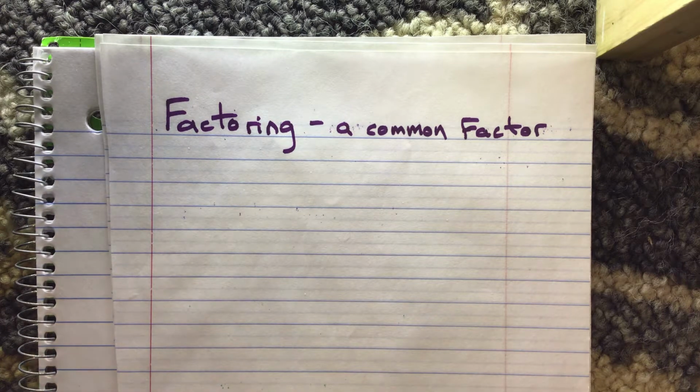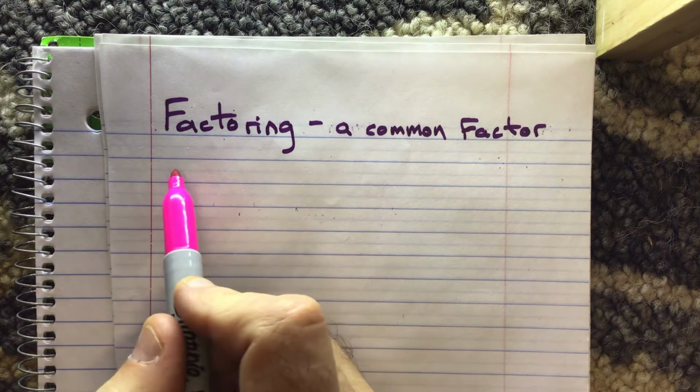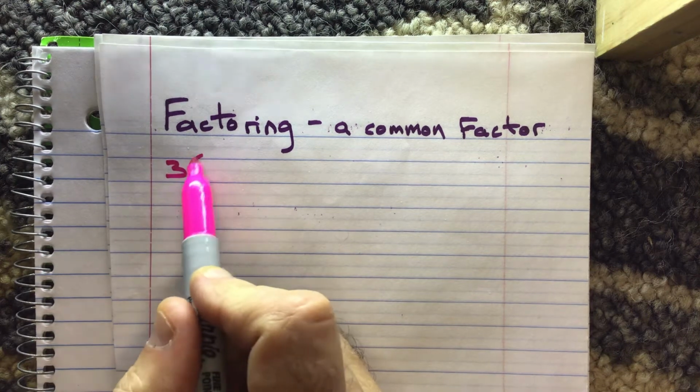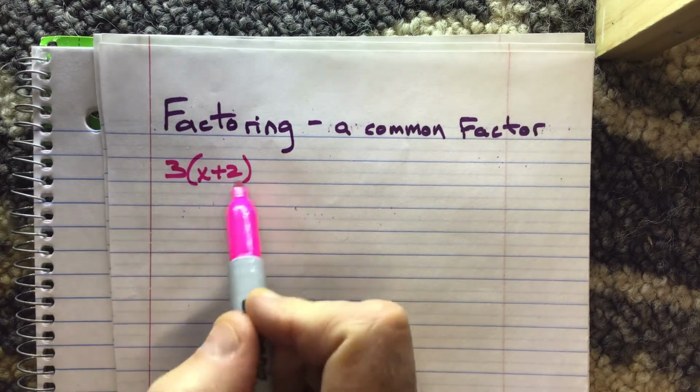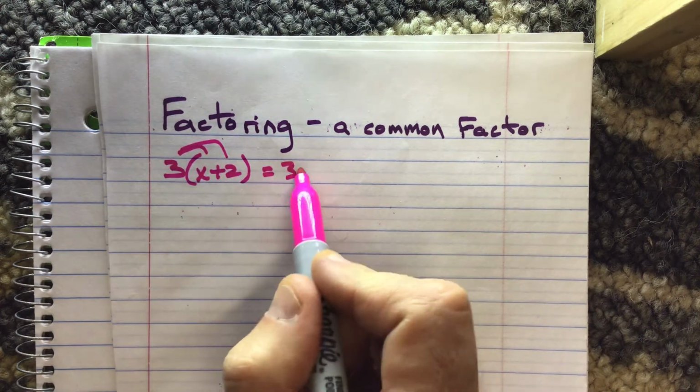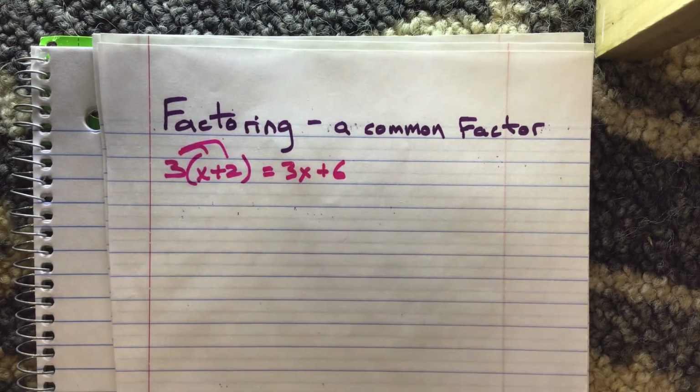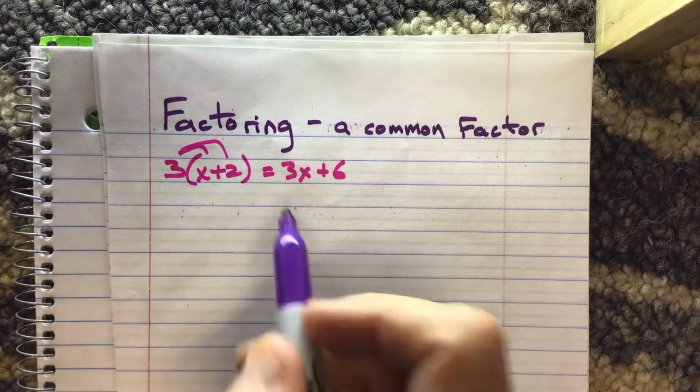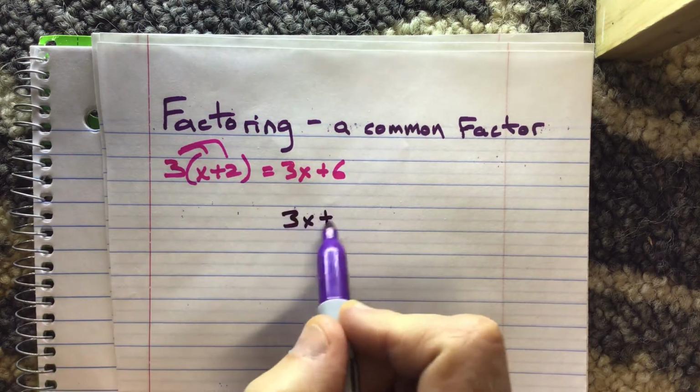This video is on factoring out a common factor. When you were in the younger grades, you learned that multiplication and division are opposite operations. Well, the same is true for distributing and factoring. So just as you can distribute a number like this, distributing is when you multiply and you get 3x plus 6. Factoring is the opposite. Factoring is when you start out with the 3x plus 6 and you're asked to factor